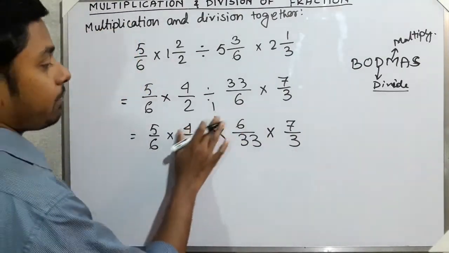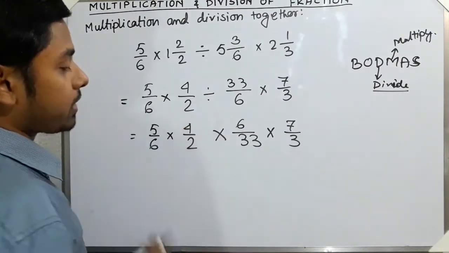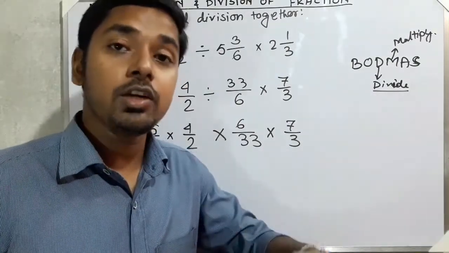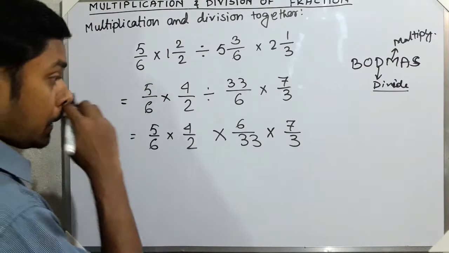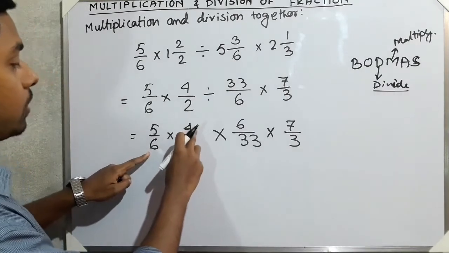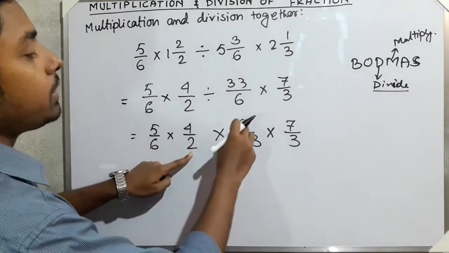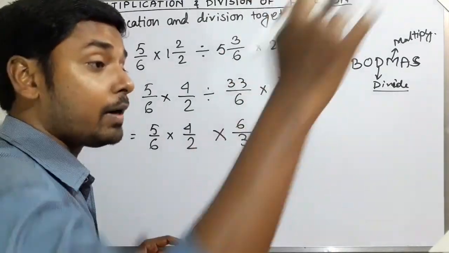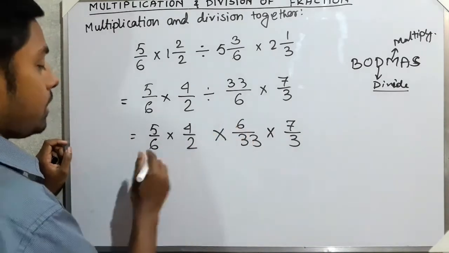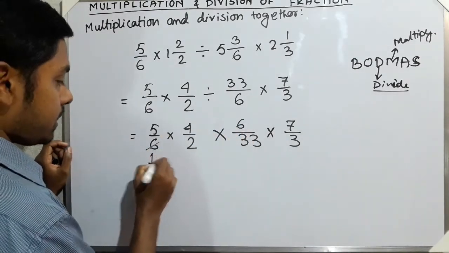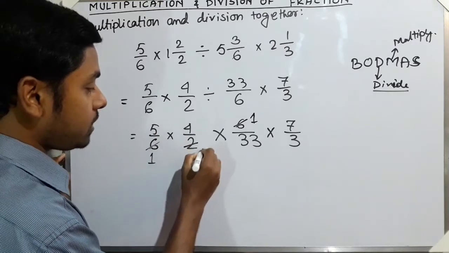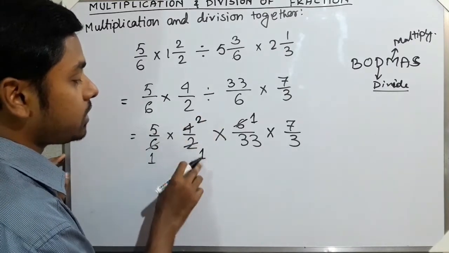Okay, now you are having all fractions in multiplication. Now you can cut any denominator with any numerator. That means you can cut this 6 with this 6 also, you can cut this 4 with this 6 also, you can cut this 2 with this 6 also, as you wish, but up and down should be cut. This thing you have to keep in your mind. So first of all we are cutting this 6 and this 6. 6 1 ja 6 and 6 1 ja 6. Now we are cutting this 4 and 2. 2 1 ja 2, 2 2 ja 4.